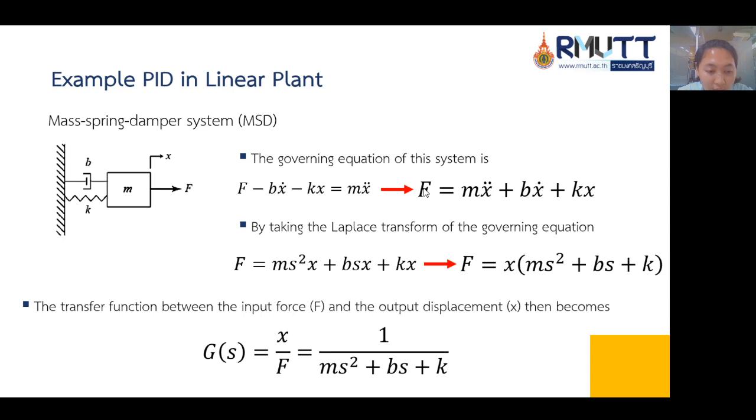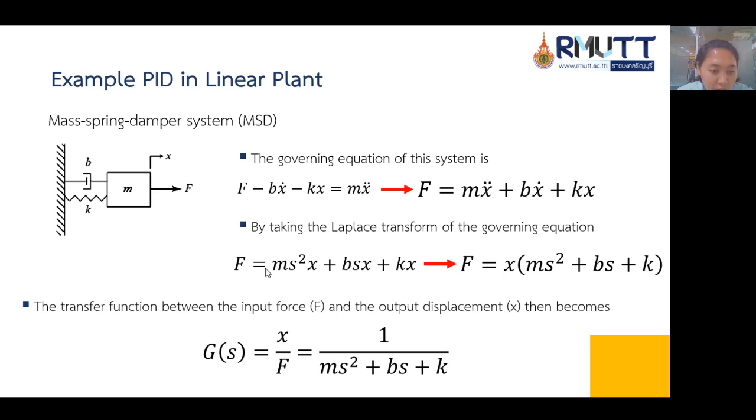F is equal to m times x double dot plus b times x dot plus k times x. And then by taking the Laplace transform of the governing equation,